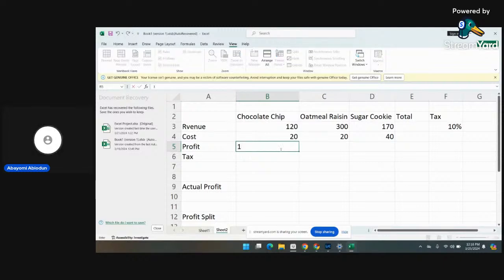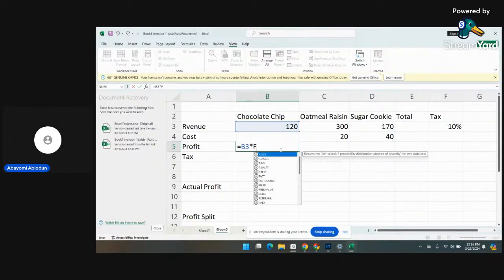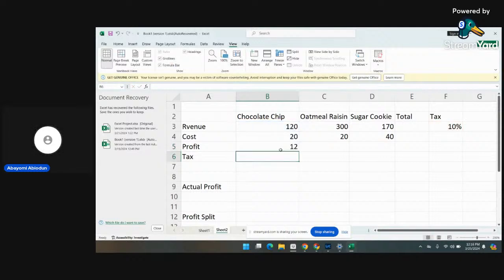So my revenue is B3, that's B3 equals B3, and if I just multiply by the tax, which is F3 as well, and I click enter, the tax for like the